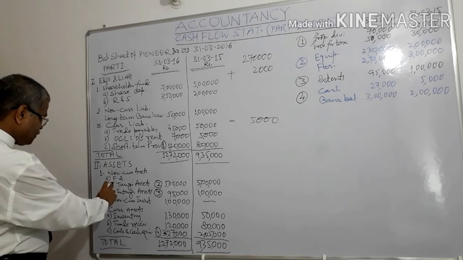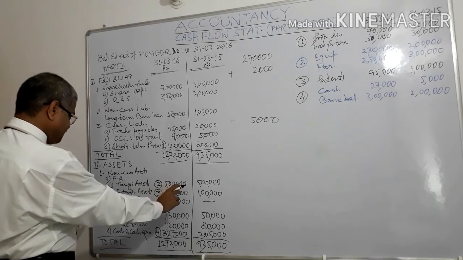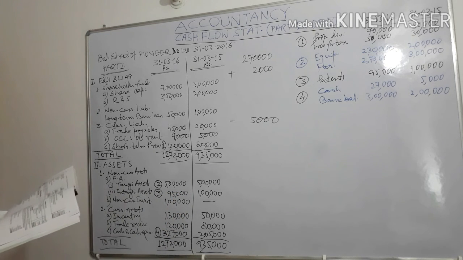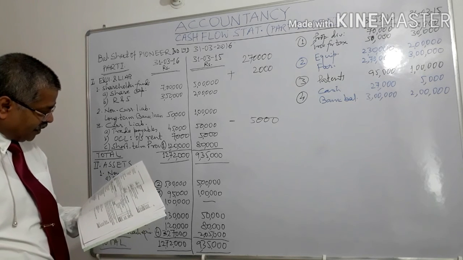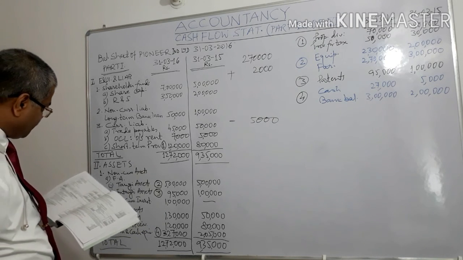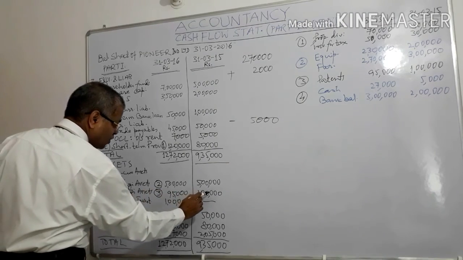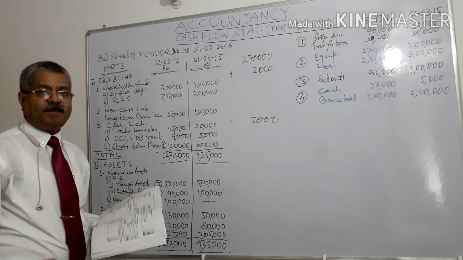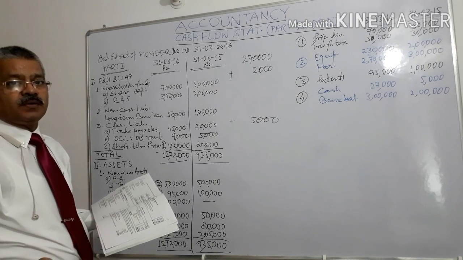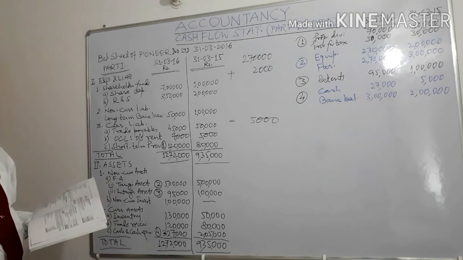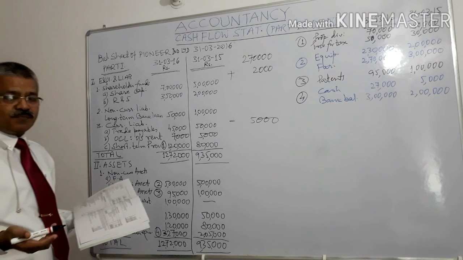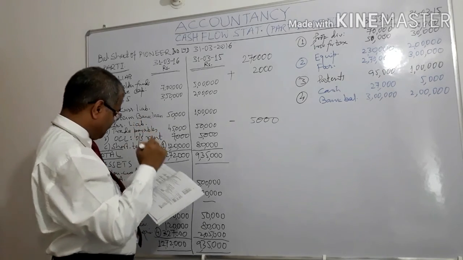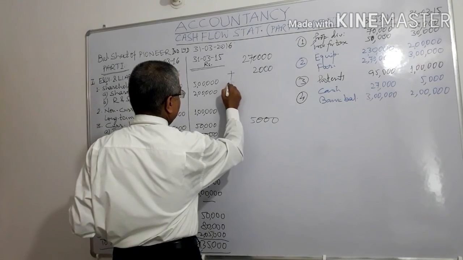And then we go to tangible assets, fixed assets, intangible assets. Under intangible assets, what has happened? It will not be covered here, right? But you will find that from 100,000 it has become 90,000. It means 5,000 rupees of patents has been written off. When 5,000 of patents has been written off, it means cash has not gone out. So what shall we do? We will add it back.